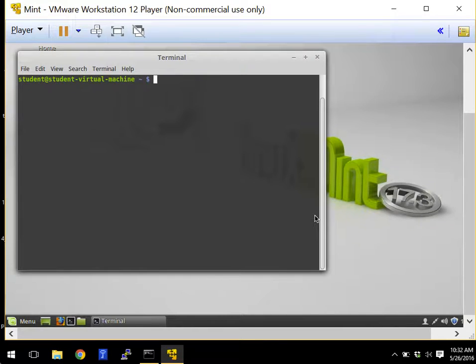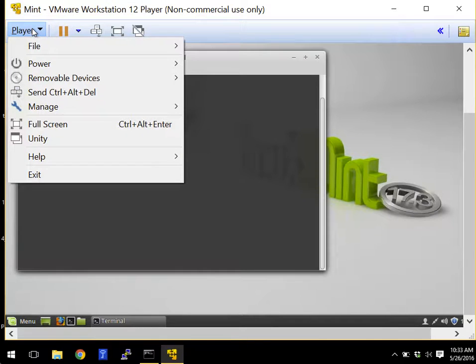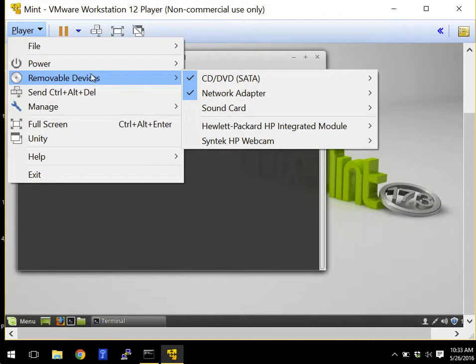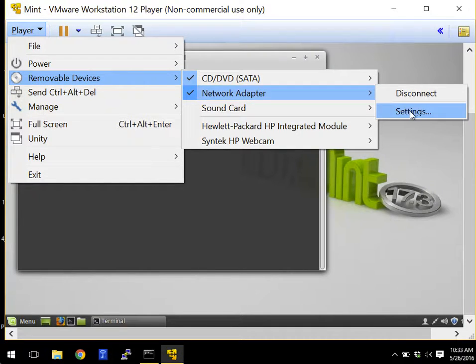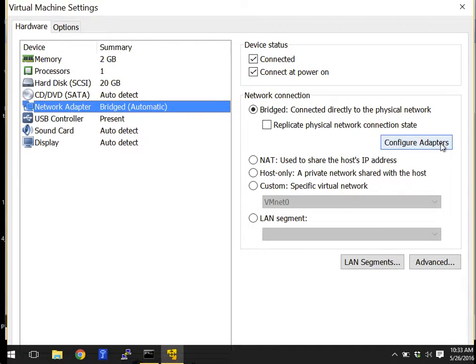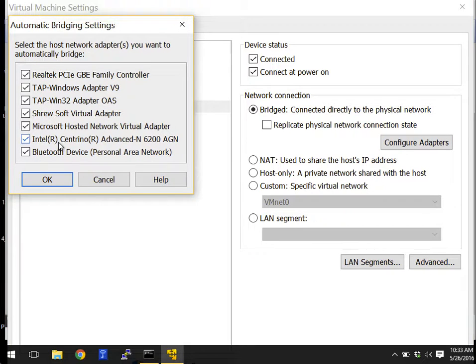All right, we're going to talk about some things you should check if your VM cannot connect to the internet. First off, we'll look at the actual settings for the network adapter. You go to Player, removable devices, network adapter settings. If you click on this Configure Adapters button, it shows you all the different interfaces you have on your PC,